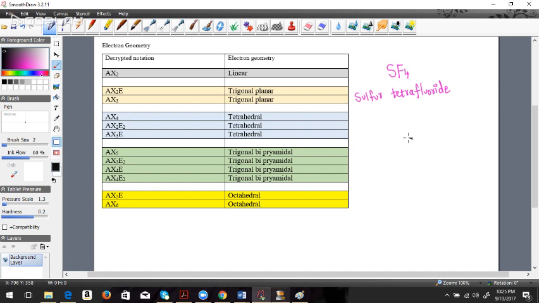at the center, so I'm just going to put my sulfur, and sulfur is a 6A, right? So that means it's got 6 valence electrons, right? And fluorine is a 7A, right? So it's got 7 valence electrons, right? That's for each fluorine. There's 4 of them. So first go ahead and evenly distribute your 6 electrons on the sulfur, and then let's